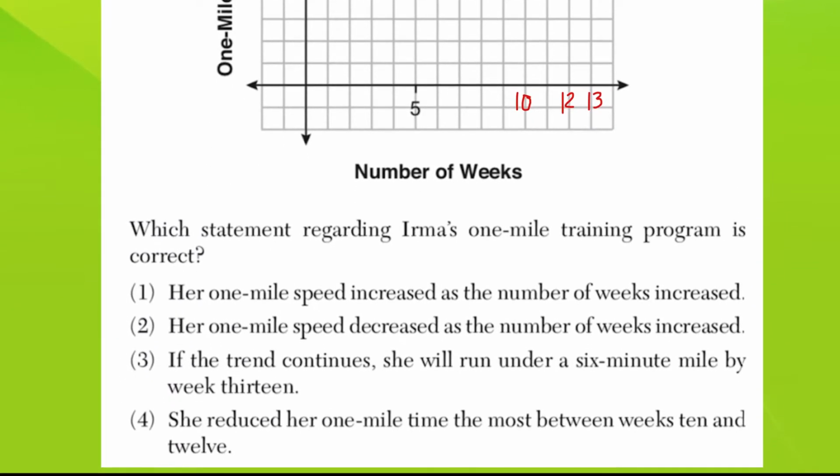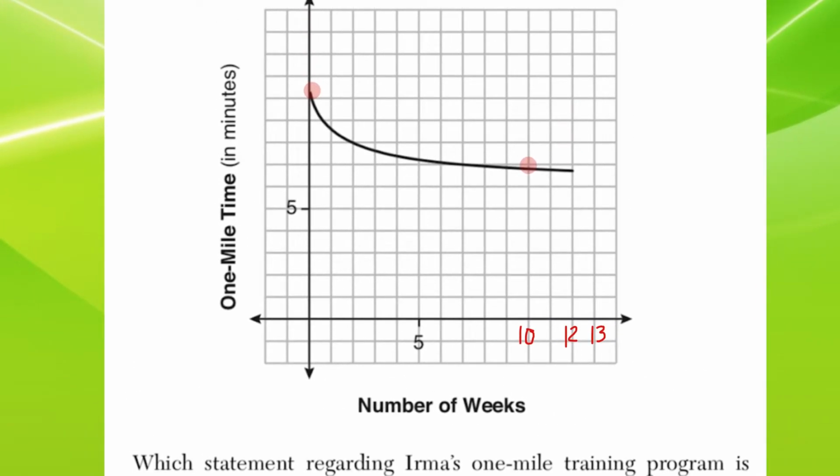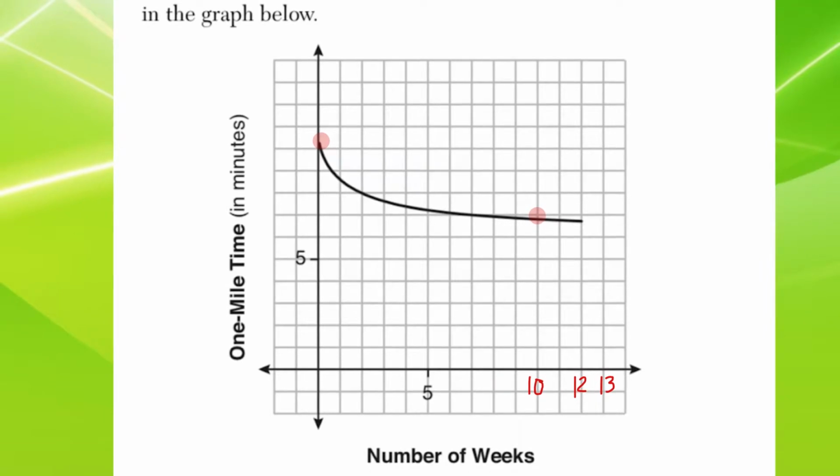So we've got to see which one of these statements is correct. First one states that her 1 mile speed increased as the number of weeks increased. So let's go take a look at this graph again. Now what we're not comparing is the speed to the number of weeks. That's where you have to be careful, because you might instinctively see, oh, this is decreasing as the number of